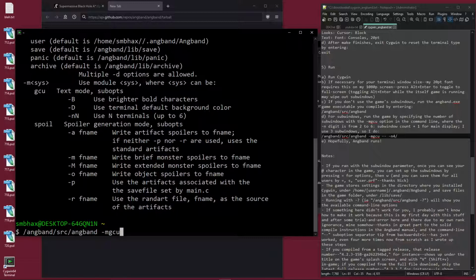And now this is a tip I got from Backwards Eric on the Angband forum. I'm running sub options for an option. So to do that, you need to do 2 dashes in between the option and its sub options. So -mgcu is the option, dash to tell it, here comes a sub option, -n, as it says up here, for number of terminals,